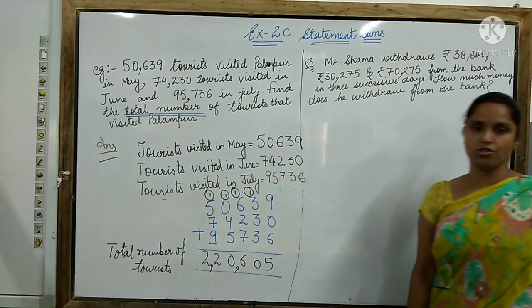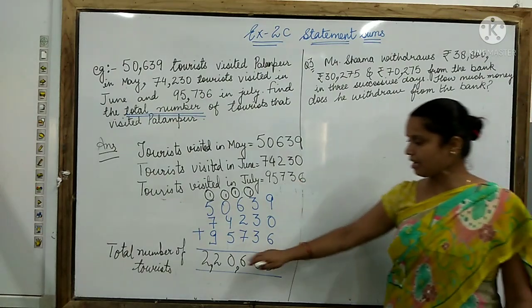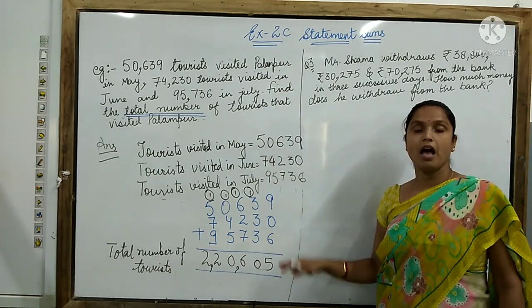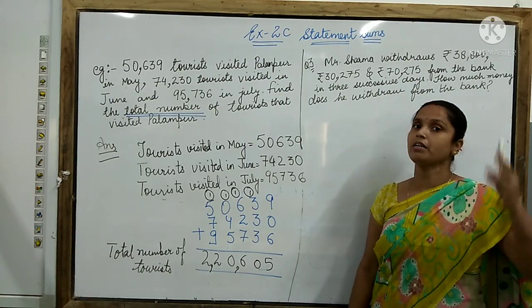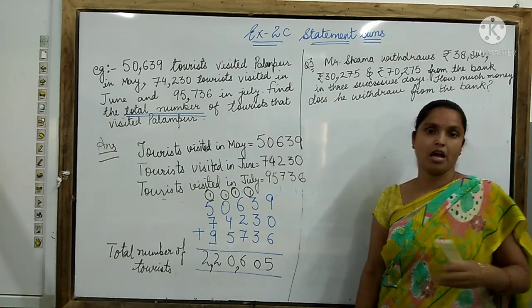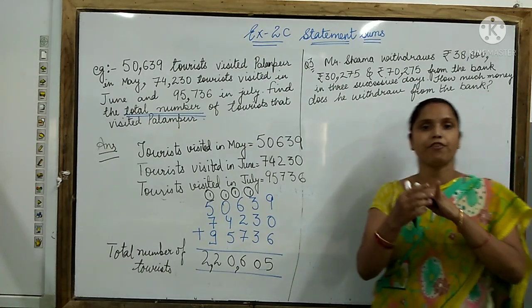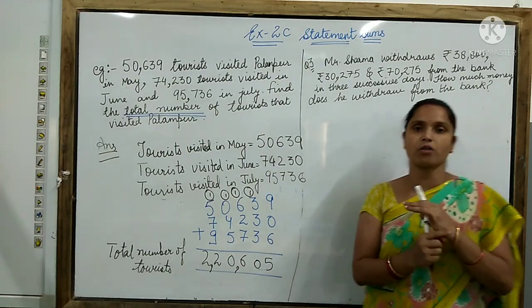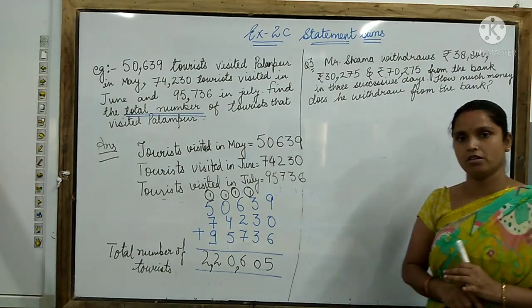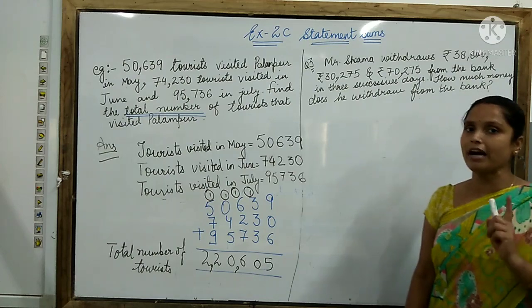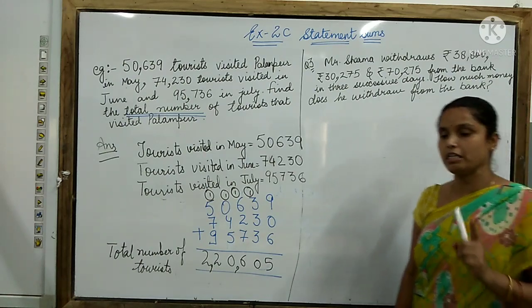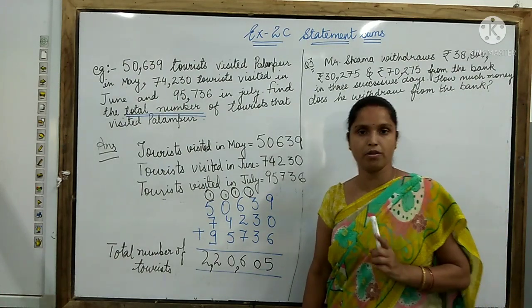You must have noticed, children, that when I was adding these numbers, I was adding all of them in my mental calculation. I did not use my fingers. I did not use the boxes on my fingers. Try to do the adding up of digits mentally now. It's good enough time to remember these things.